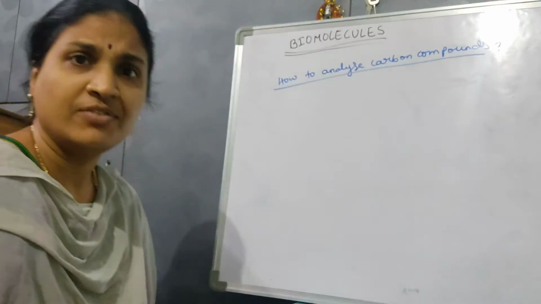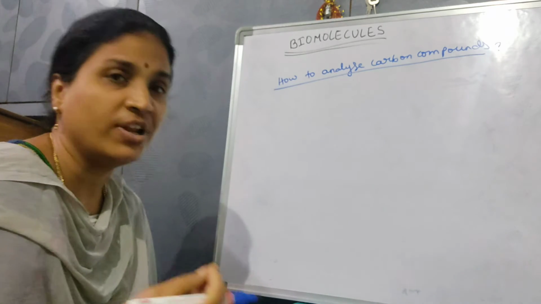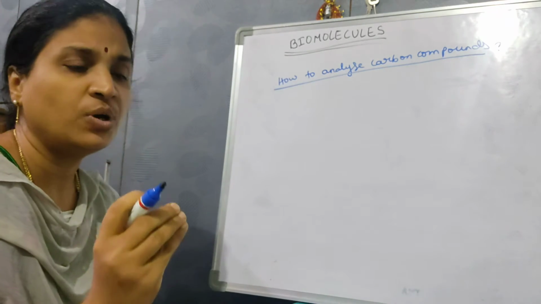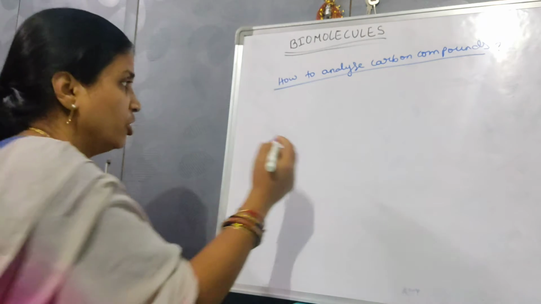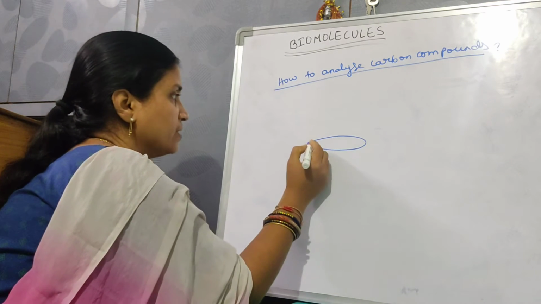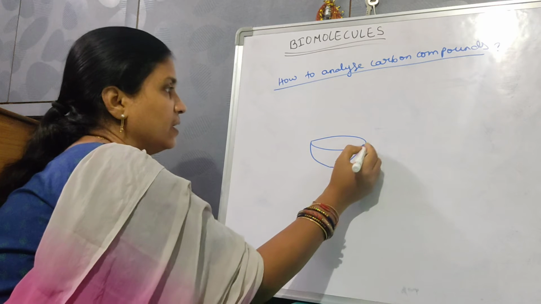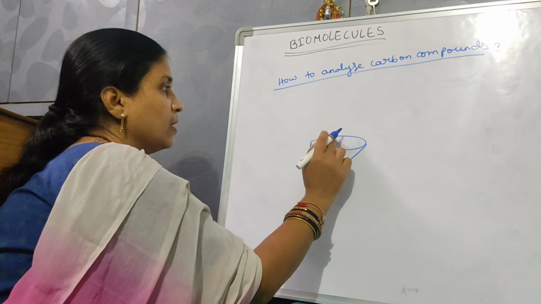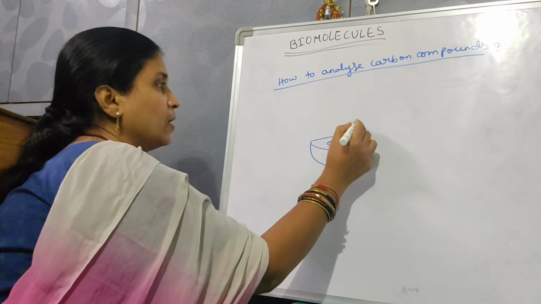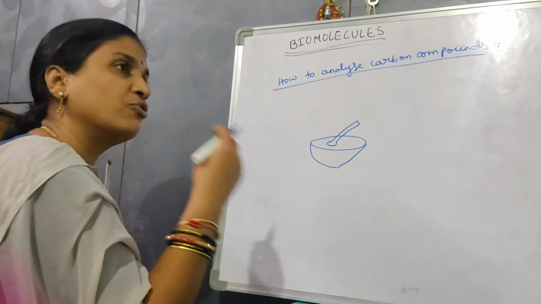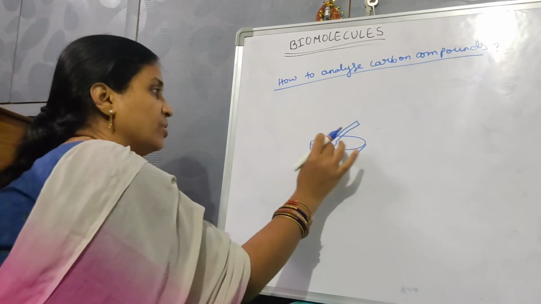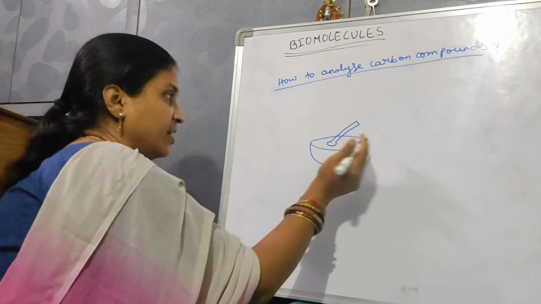Simple. Take a living tissue, whether it is a leaf or a liver. Take a small piece of a leaf or a liver. Then you grind it in a mortar and pestle. Okay, this is the mortar and pestle. Take that little leaf, or if you are taking a liver, take a small piece, put it here and grind it. And you add